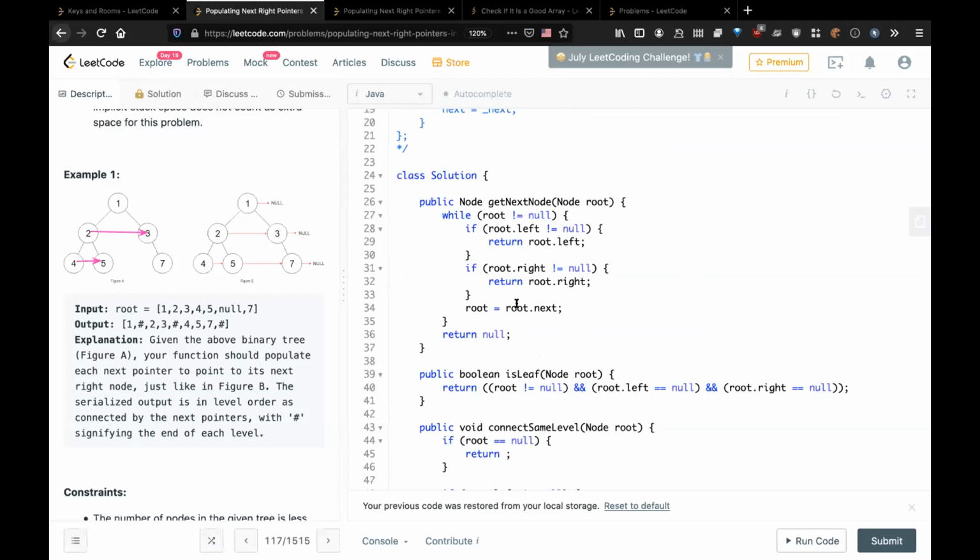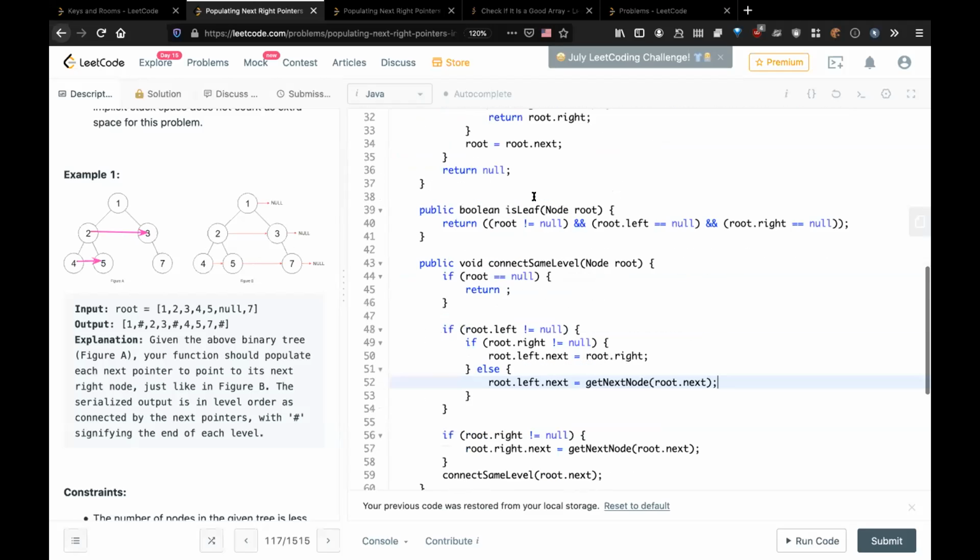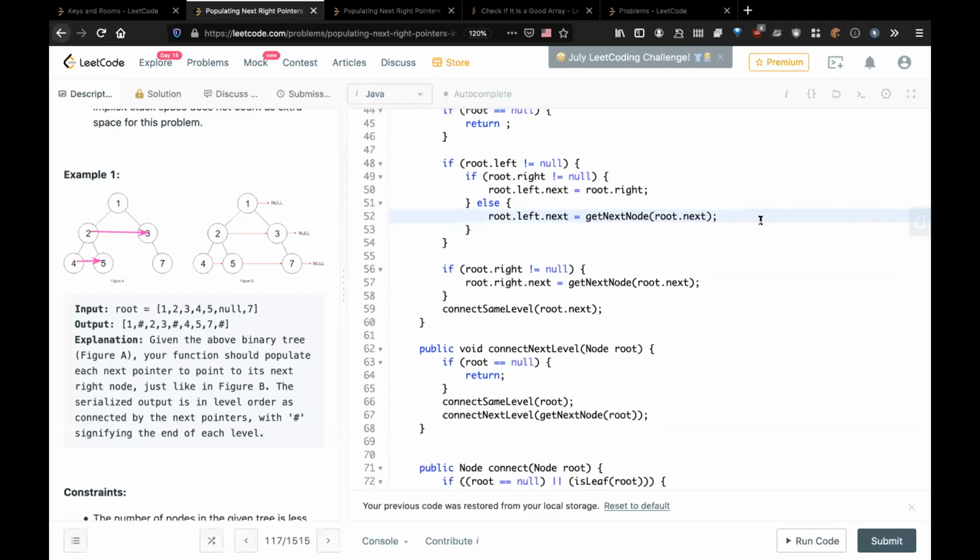Correct. So on line 52, if you say get next node, and the parameter being passed is root dot next, it is passing the parent actually. And therefore the parent goes and looks through the linked list for which node has a left or right child, and then the linking will happen using the next pointer.